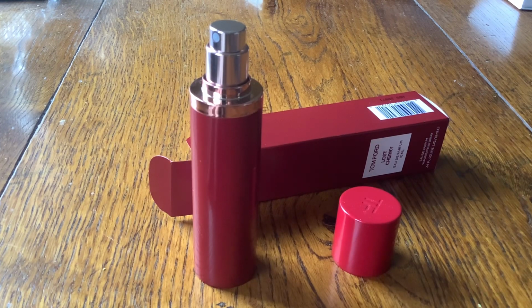A lot of people I've seen writing about this fragrance on the internet describe it as a linear fragrance. In other words, it doesn't develop that much on the skin. So what you get in the opening sniff is pretty much how it remains. And I think that's largely true. To me, it dried down a bit creamier than the initial boozy opening that I got. And I can definitely smell the vanilla, the tonka,